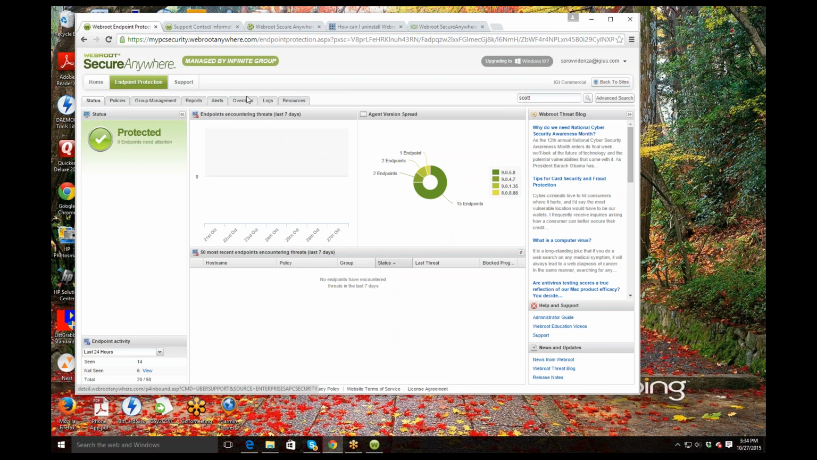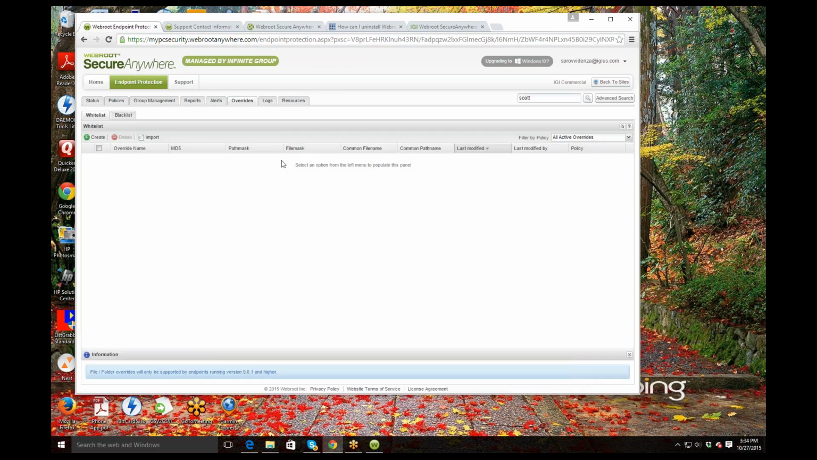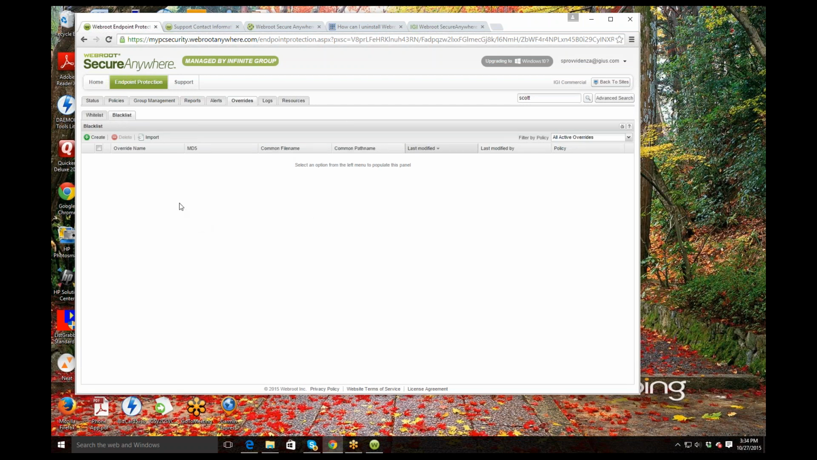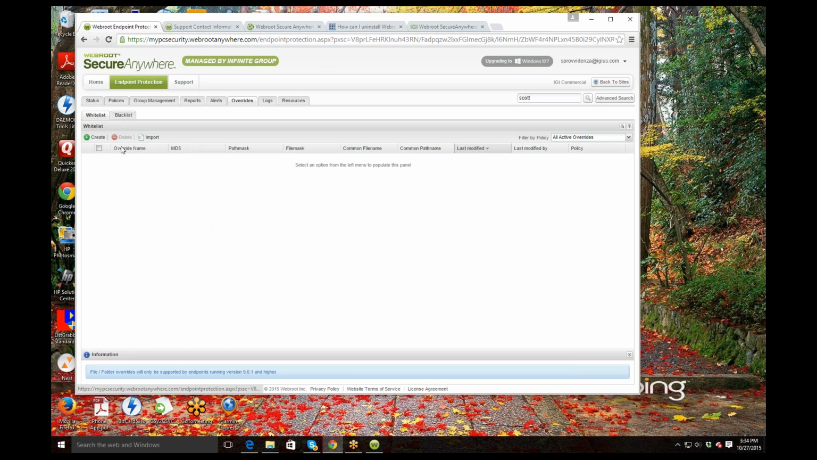And on the whitelist and blacklist option, you will find that under the overrides. As you'll see in mine, I haven't created any whitelist options. Under blacklist, I don't have any there either. If you were to create a whitelist or blacklist, you have to make sure you highlight the right tab, and